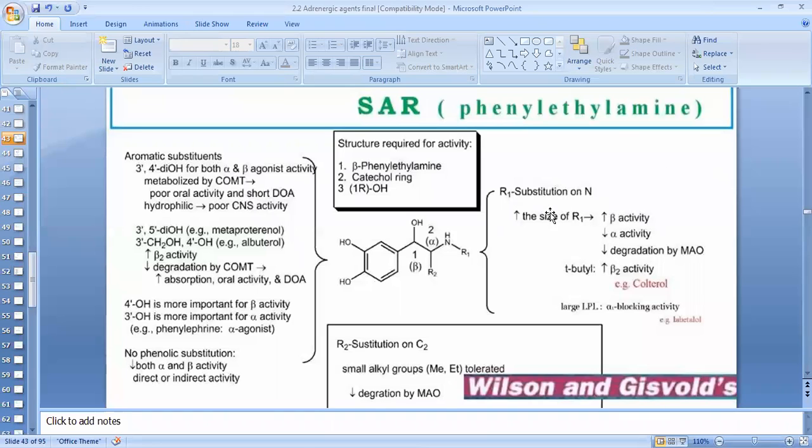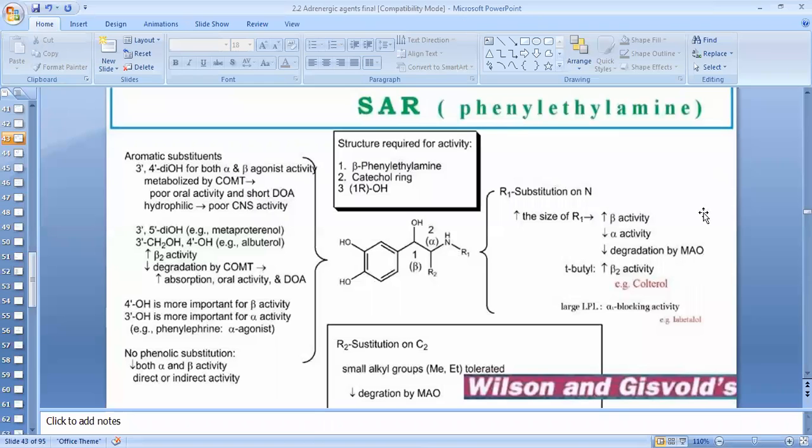That means if we substitute this R1 group with increasingly bulkier groups, it is going to increase the beta activity and decrease the alpha activity. Alpha activity decrease means activities on alpha receptors are going to decrease. Then they are going to decrease the degradation by